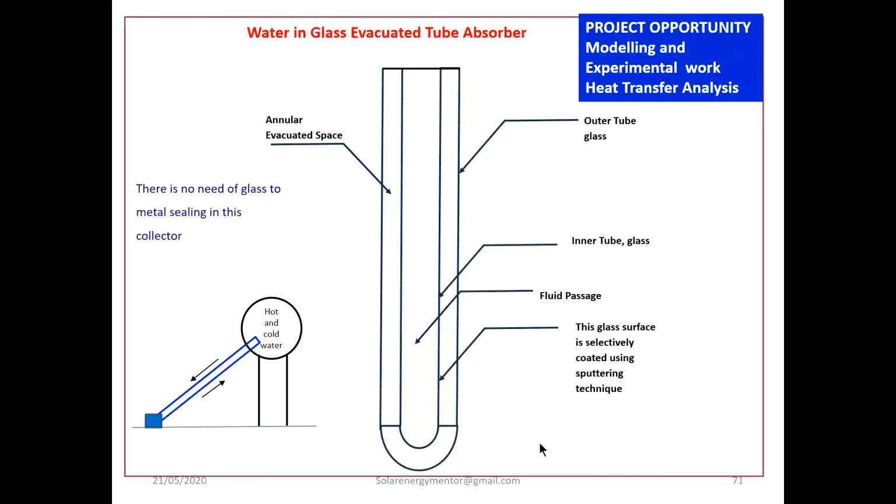Now, another version, which is the most popular version of the evacuated tube collector. This is just a glass tube: an inner glass tube and an outer glass tube, manufactured by blowing simultaneously. So this is a single structure. Now this tube is singly inserted in a hot or cold water tank.